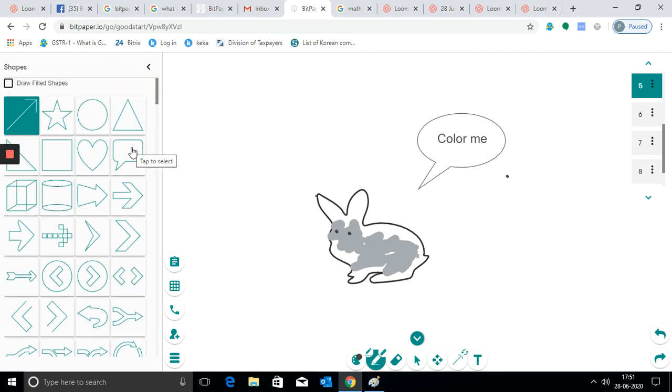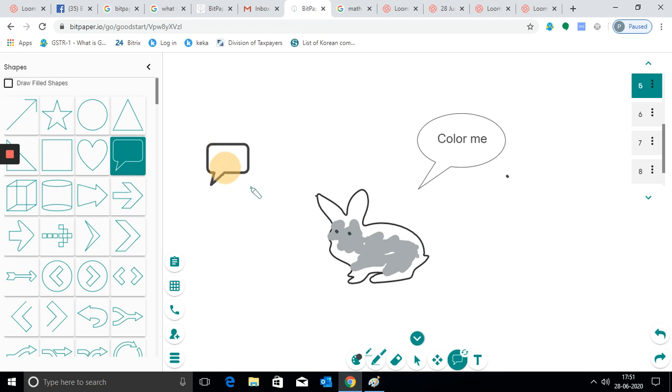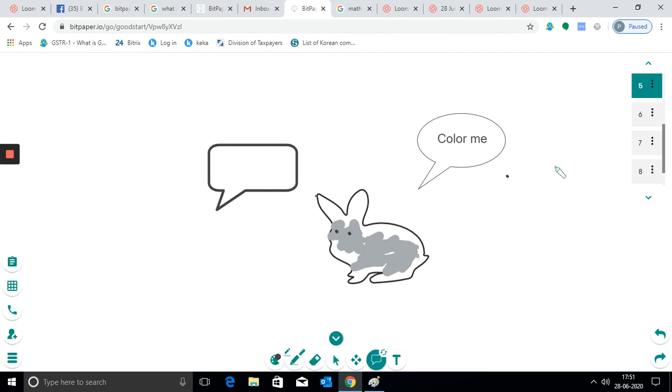You have a tag box, which you can just take and place. This way we can effectively communicate.